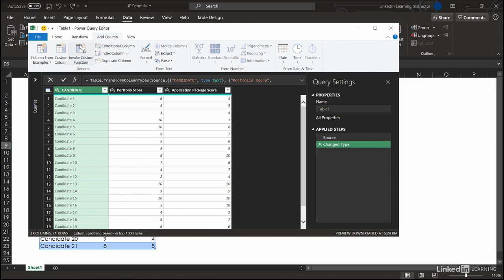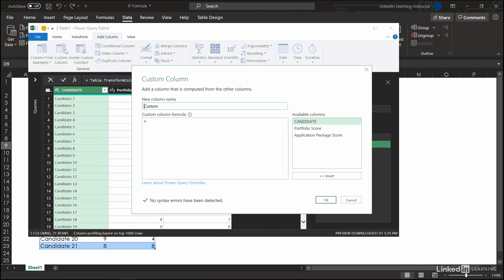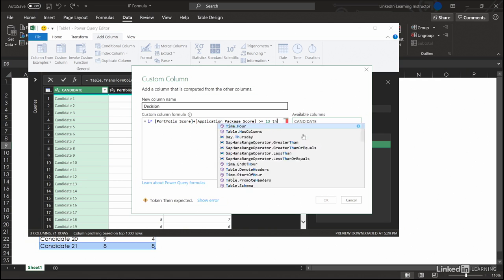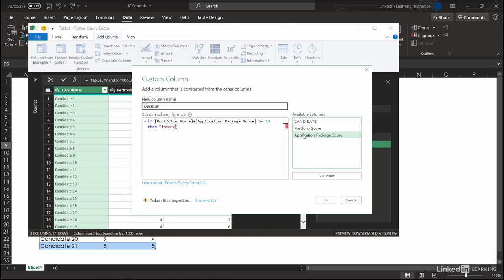Add Column, Custom Column. Decision is going to be the name of this new column, equals. Now with if statements in Power Query, we have to think if, then, else. So if, then space, Portfolio Score plus Application Package Score. So I double clicked both of those. Space, greater than or equal to, space 13, then interview, else